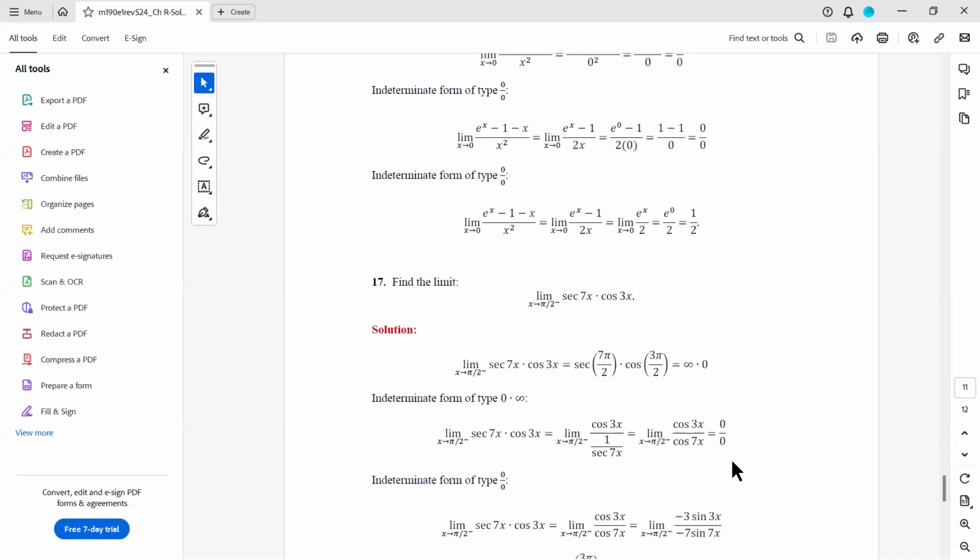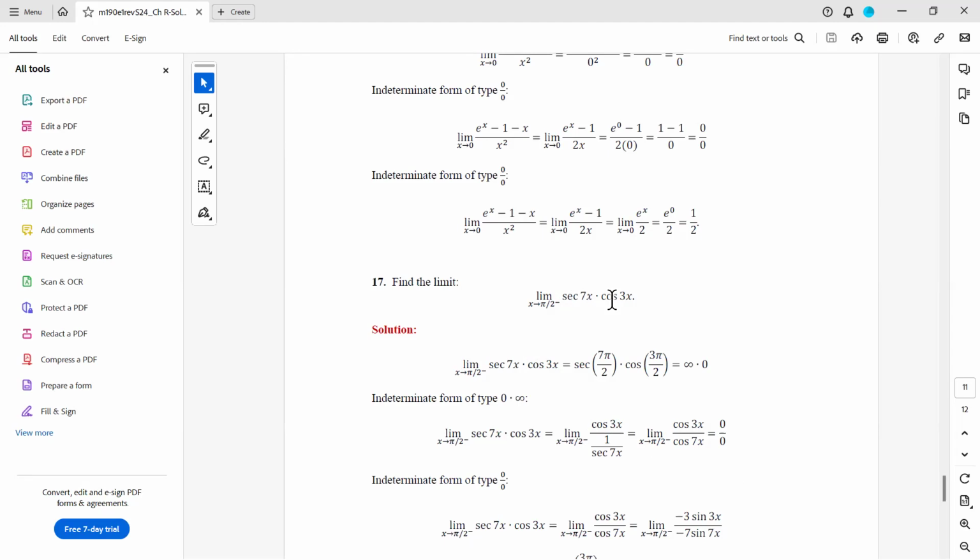The other question that somebody had was about number 17 from your exam review. As I mentioned, this is the limit as x approaches pi over 2 from the left of secant 7x times cosine 3x. Okay. So again, the very first thing, if you watched my other videos that I preach when we do limits